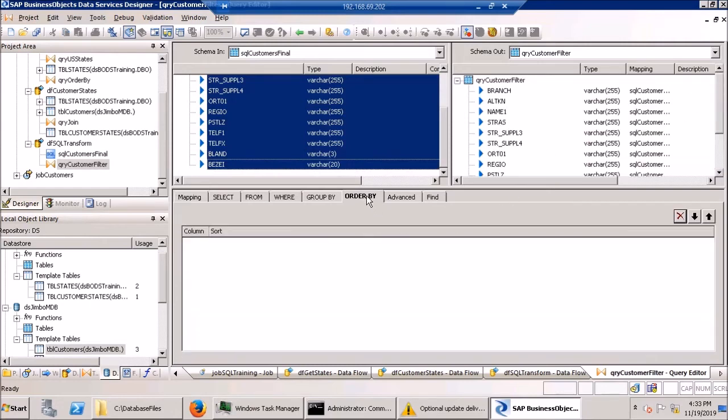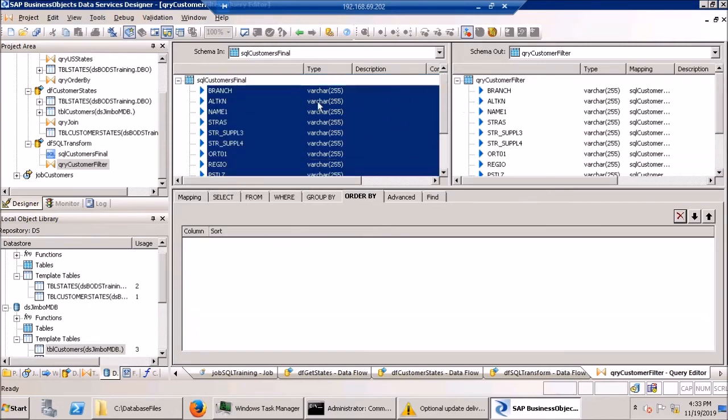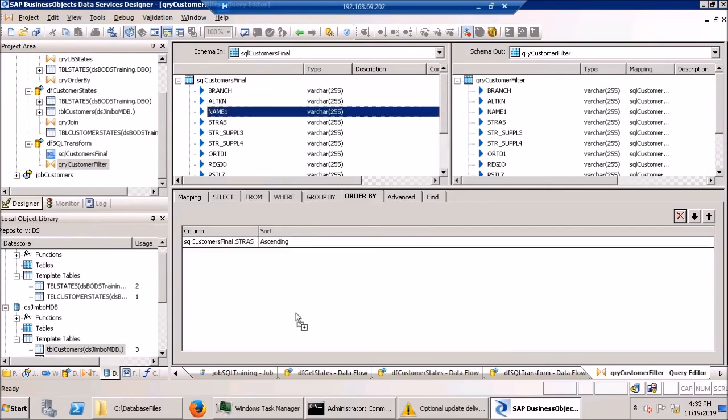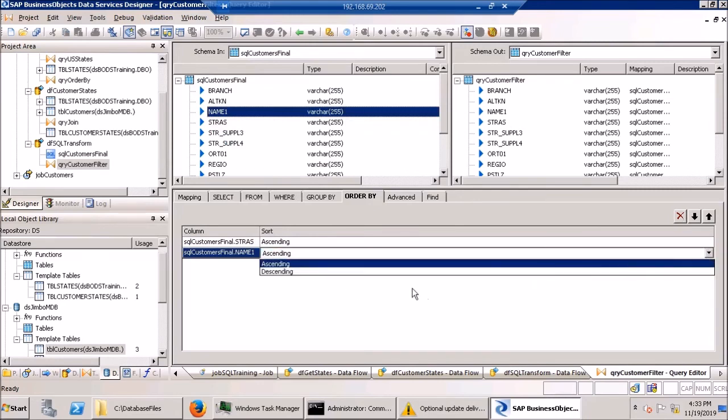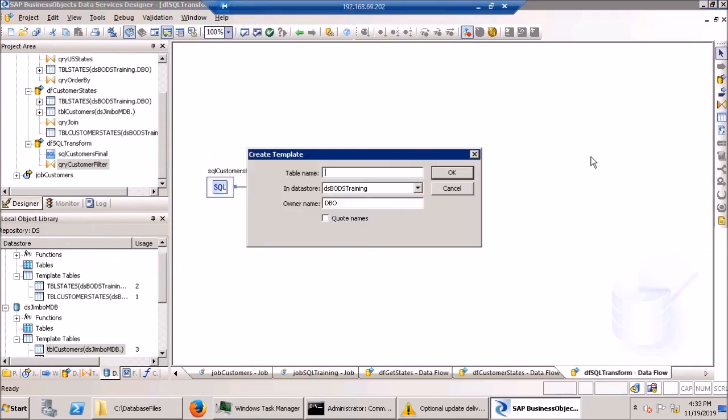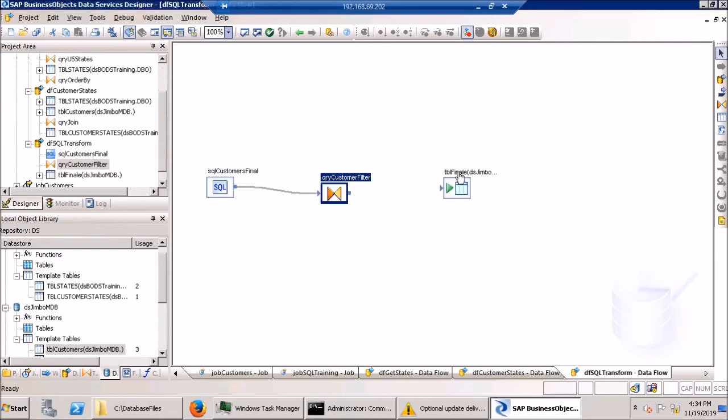And we'll order by, how about street and name in case, and we'll do one descending. There's a quick explanation of how order by works. It's very, very straightforward. Again, it is regular SQL, Open SQL, any of the experience that you're going to have in those is going to transfer directly into BODS. And then you would put a target table, finale, and we'll put it in the Access database,